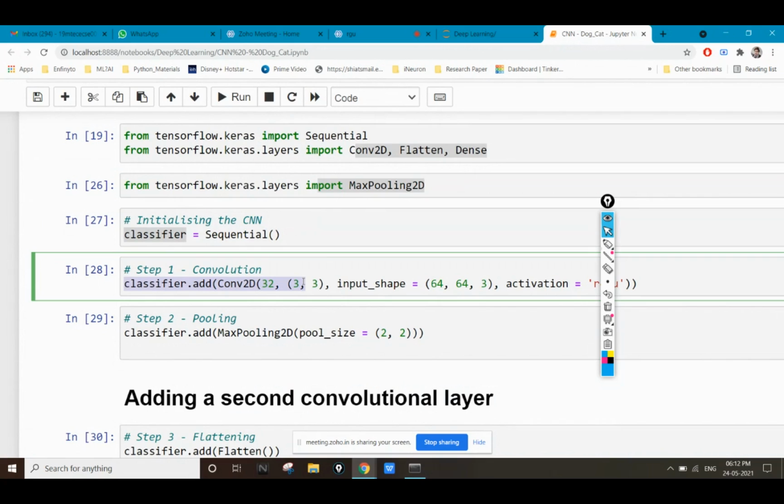The convolution layer will take 32 kernels, which means it will be able to detect 32 different types of shape. We are providing 32 kernels of shape 3 cross 3.